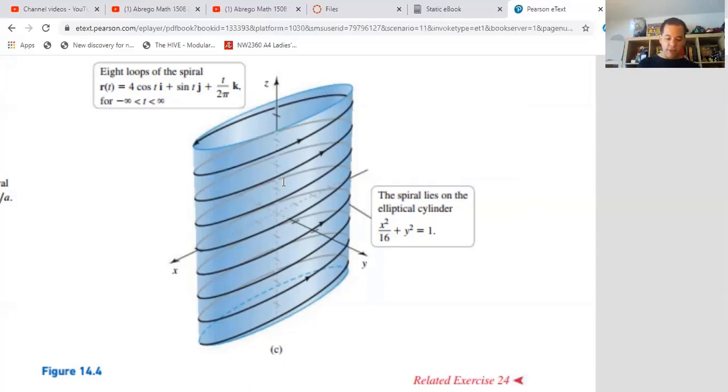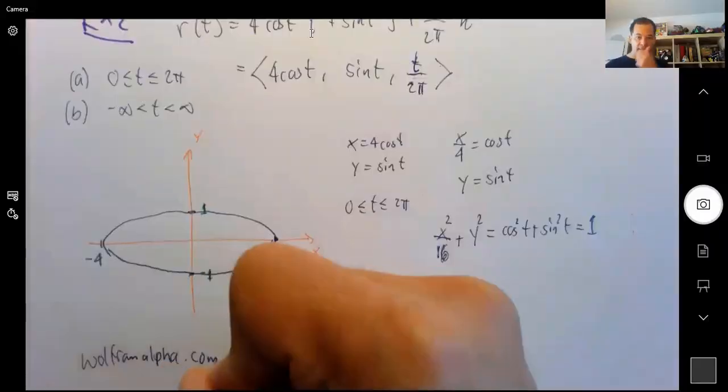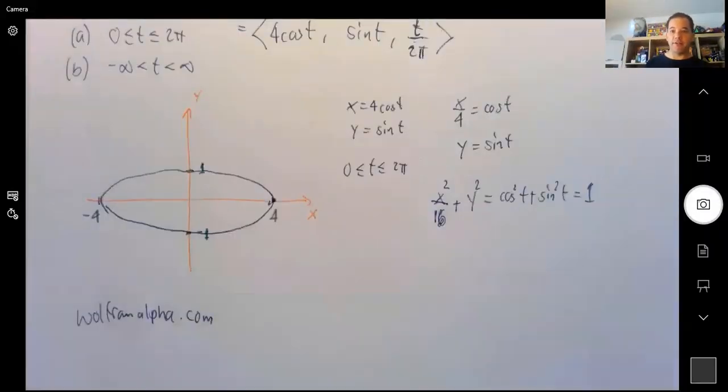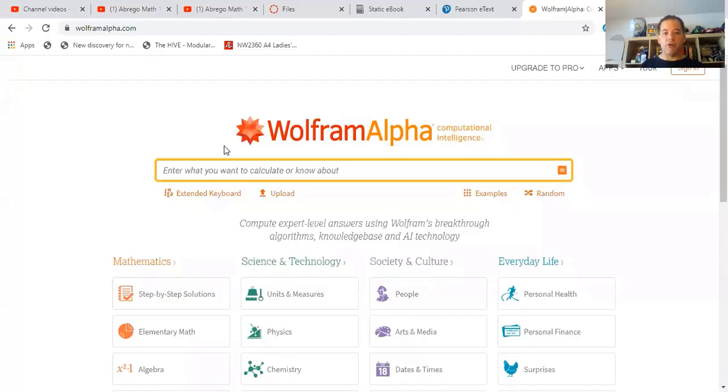Okay, so let me show you how you could do this yourself. And what you can do to do it yourself is you can go, let me open another tab here, to Wolfram Alpha, and to visualize these things. And so here it is. So just go wolframalpha.com, and you can write down the parametric equations that you want to calculate,